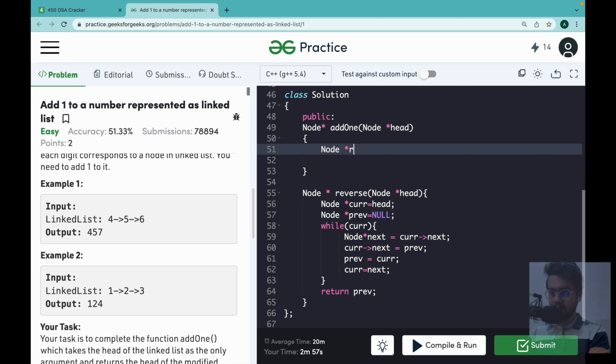Now carry will simply become runner data %10.